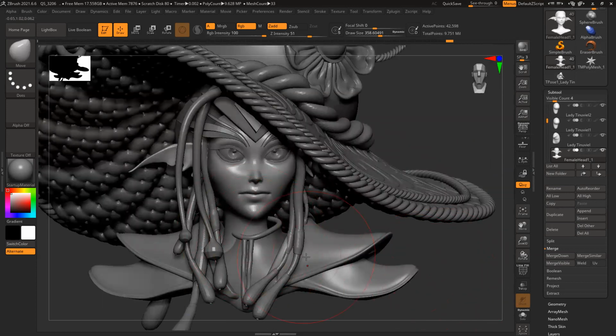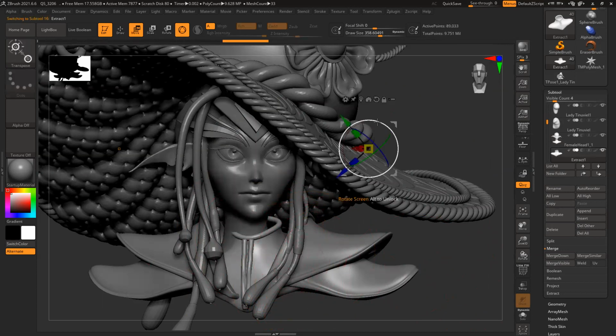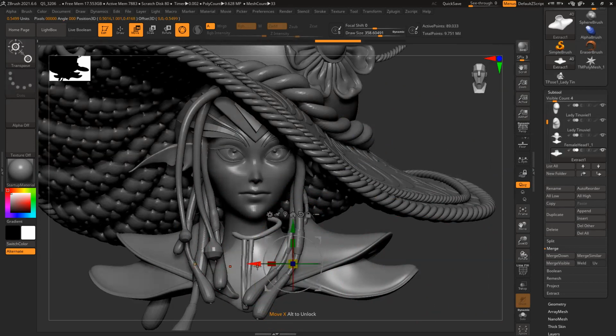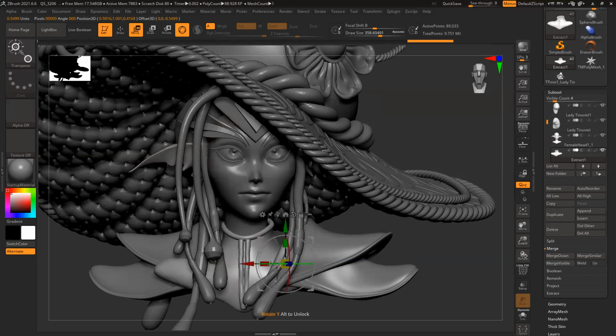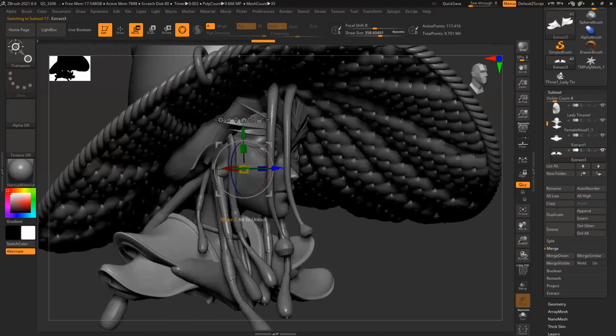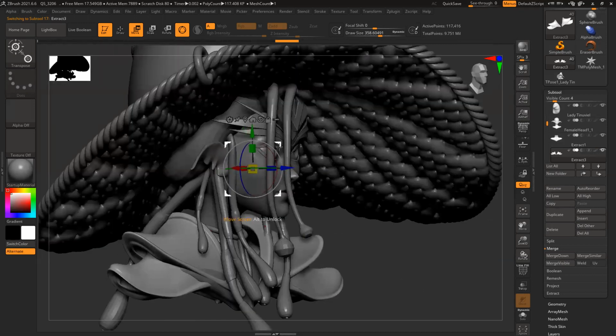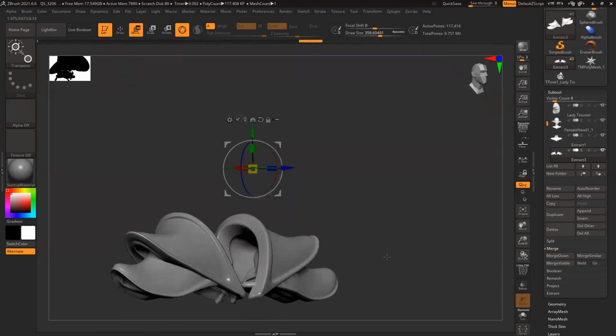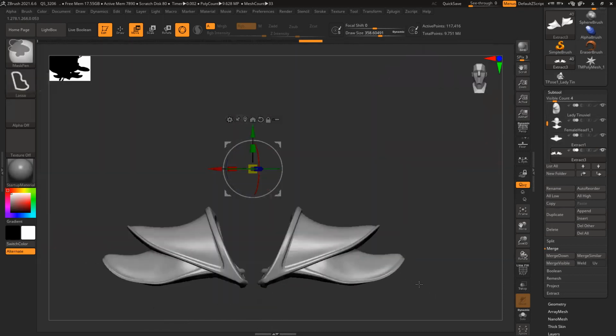Now I can see the head and body. So body I can rotate slightly. So symmetry is on. Now it's much better.